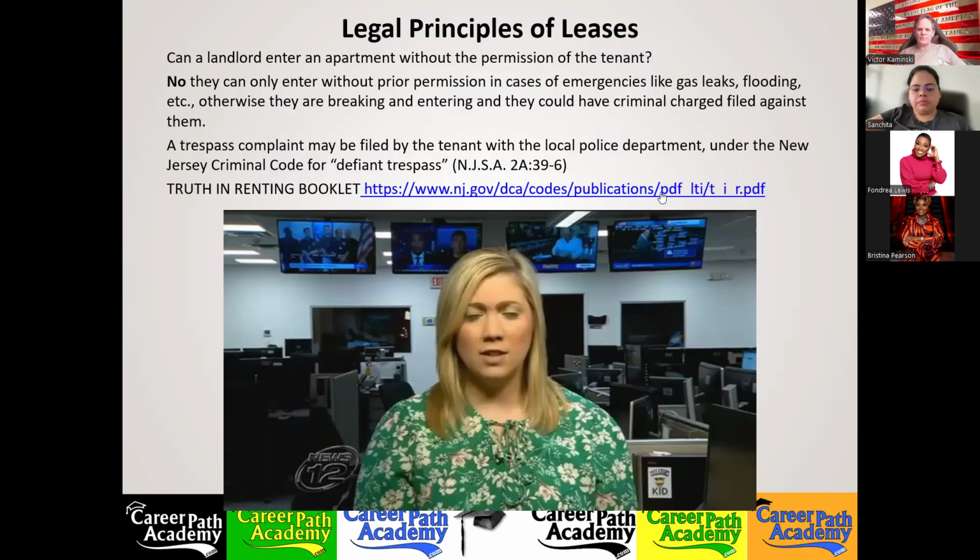I shared with you, I believe, this link already once before, the Truth in Renting booklet. The landlord should give it to tenants. It gets updated periodically too, so it's not a bad idea to just print them out, or you could buy them pre-printed, or just supply the tenant with a link to it. But it's good to also have them printed out, so a tenant can't say, well, I'm too poor to have internet, I don't have internet access, so I wasn't able to see it. Having them just initial next to it that they've received the link may not be good enough that you gave it to them. So you should provide them with a printed copy of it as well.